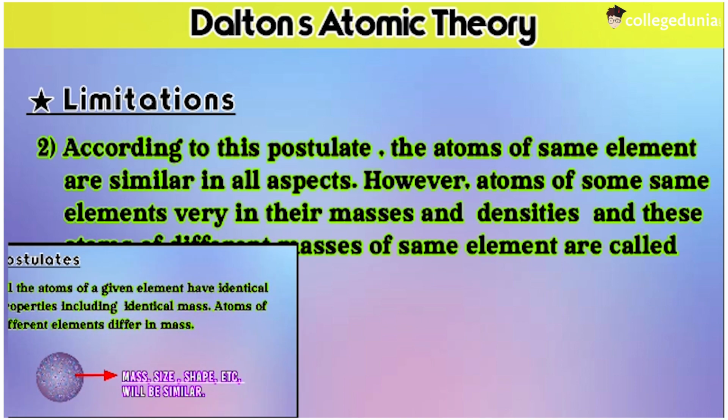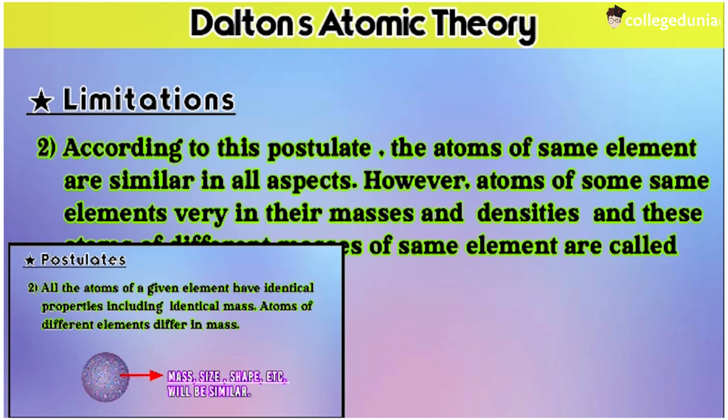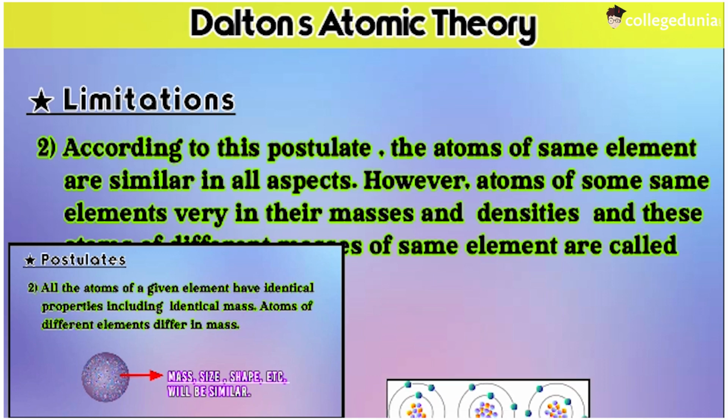We learnt in the second postulate of this theory that all the atoms of any particular element have similar properties to each other in shape, size, mass, etc. But currently we know that in some elements, all atoms don't necessarily have the same masses and densities. Yes, the atoms of the same element vary in their masses and densities, and these atoms with different properties are called